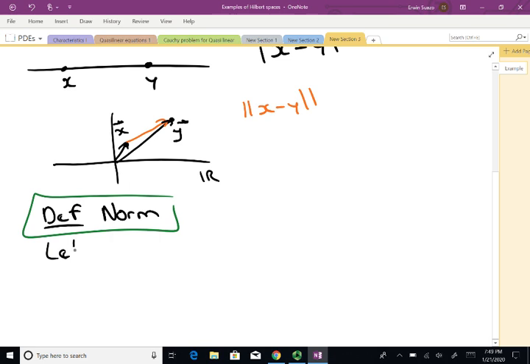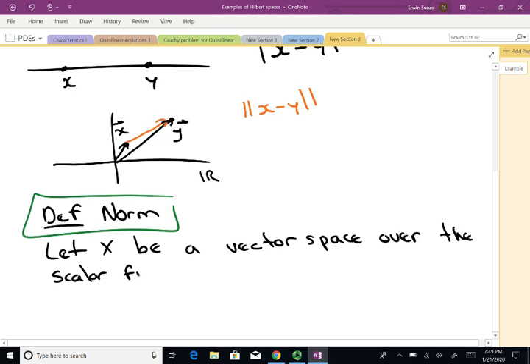So let X be a linear space or a vector space over the scalar field reals or complex. Okay, so the scalars can be real or complex, so you choose. A norm, and that's the definition, a norm in X